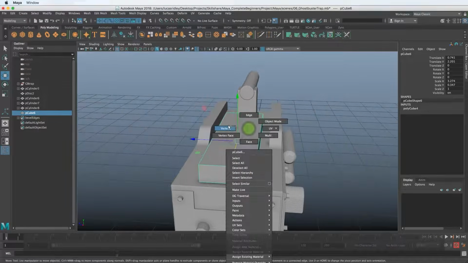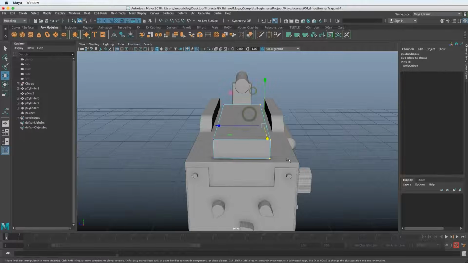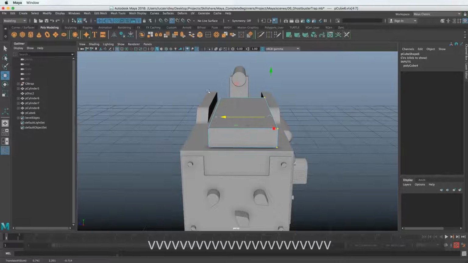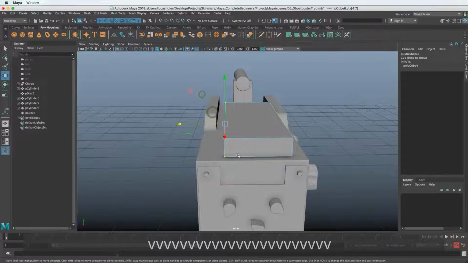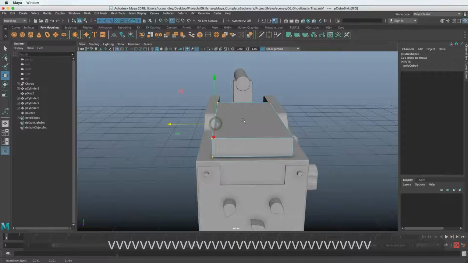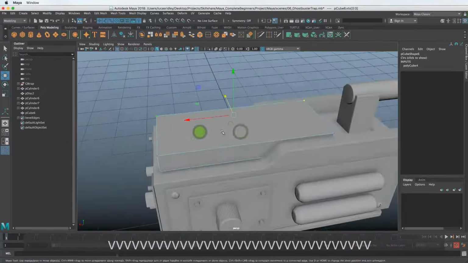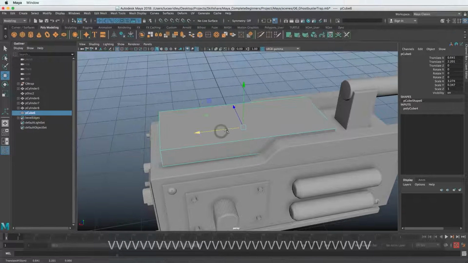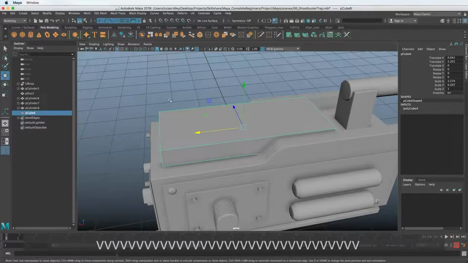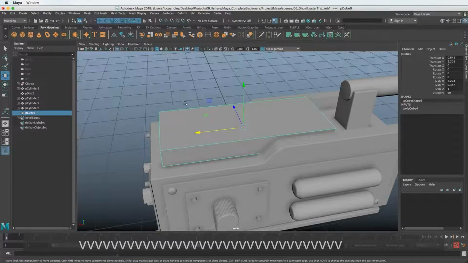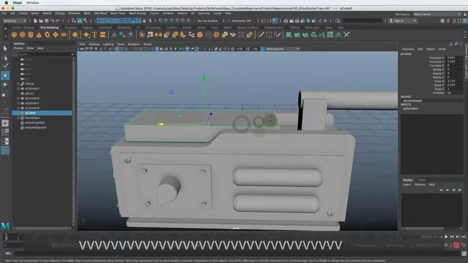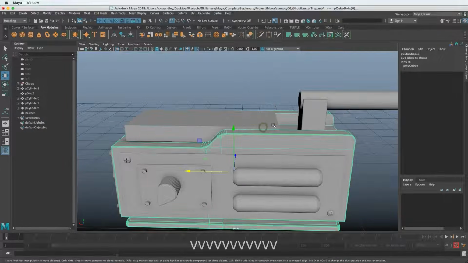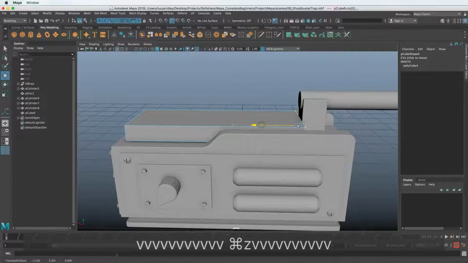So these vertices, right-clicking and going to vertex, should snap, holding down V, to the edge here, and same thing with these over here. So I'm holding down V, and I have the transform, so I'm going to go to object mode, get back into that, and drag this down. Look at the reference, that actually goes all the way up to the edge of the handle, it looks like. So we can snap these as well. Hold down V, and whoop, and drag over.